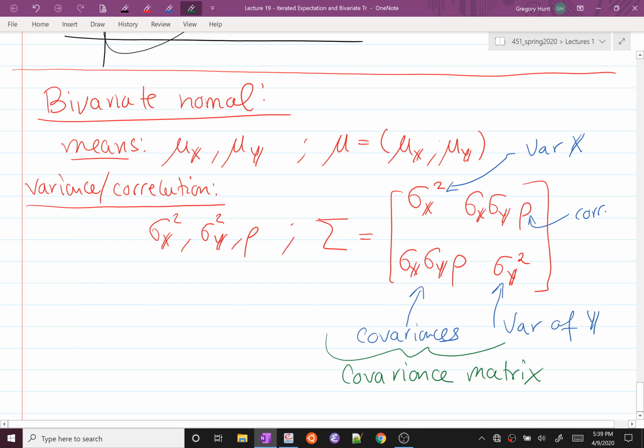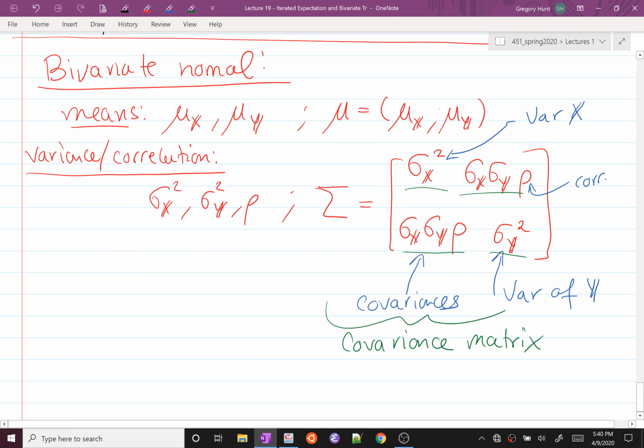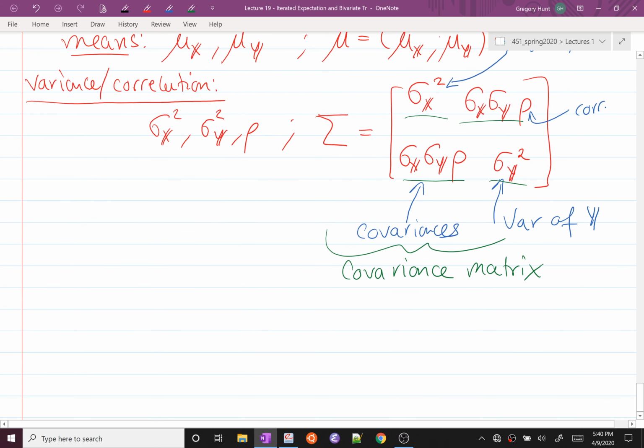It encodes the variability in the data set. Not only how variable is x, how variable is y, but how are x and y related to each other? What is their covariance with each other? It's a symmetric matrix because the two off-diagonal entries are equivalent to each other, and the main diagonal has the variances of these two things. So it has, what is that, 5 parameters: mu x, mu y, sigma squared x, sigma squared y, and rho. Given these parameters,